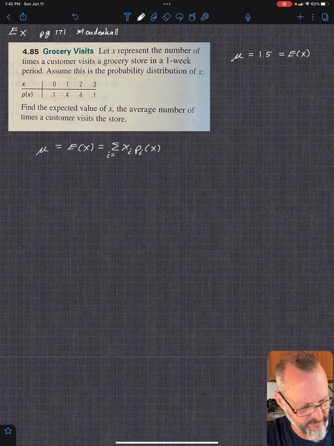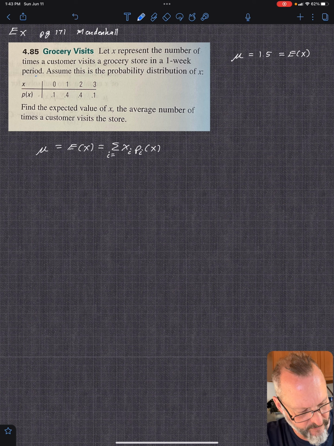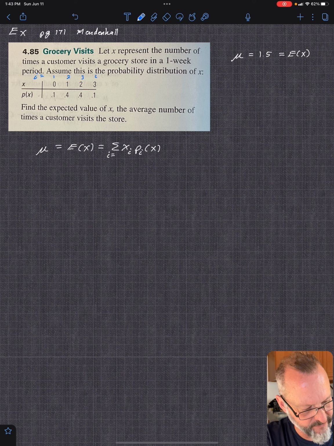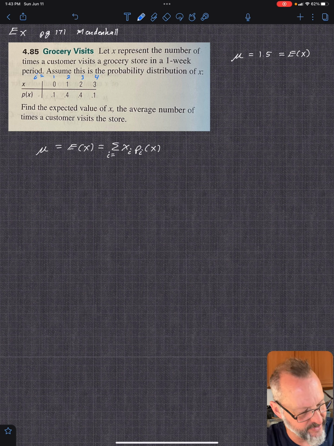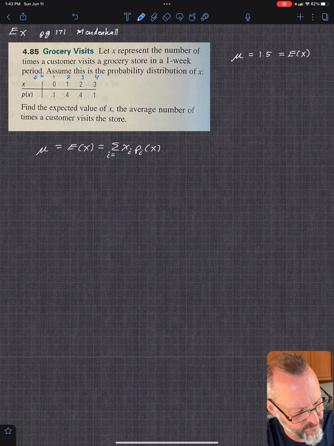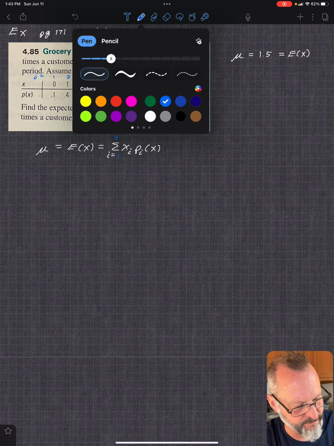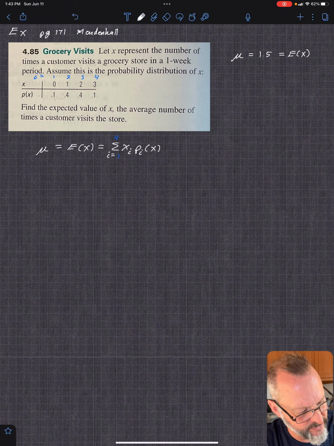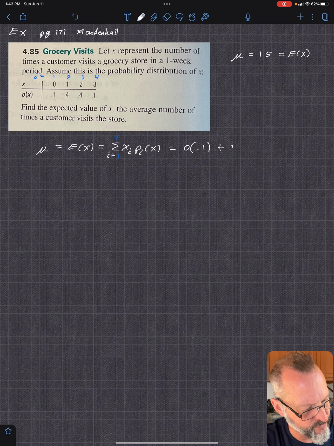It doesn't really matter. i goes 1, 2, 3, 4. It's just an index, so it doesn't matter how we state that really. So we'll just do 1 to 4. So there's 4 terms. So it's equal to 0 times 0.1 plus 1 times 0.4